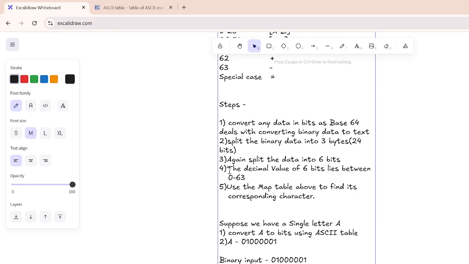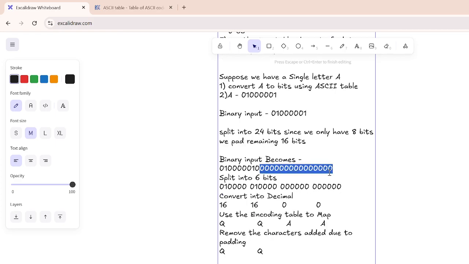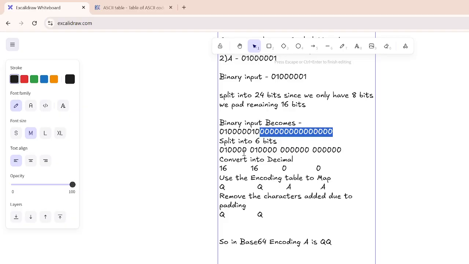Then, according to the algorithm, we need to split the data into 6 bits. So again we are going to split that into 6 bits each. As you can see on the screen, we now have split the input into 6 bits. This is going to be 0 1 0 0, in groups of 6 bits, 6 bits, 6 bits. Now we need to convert. Basically, base64 encoding works like this: